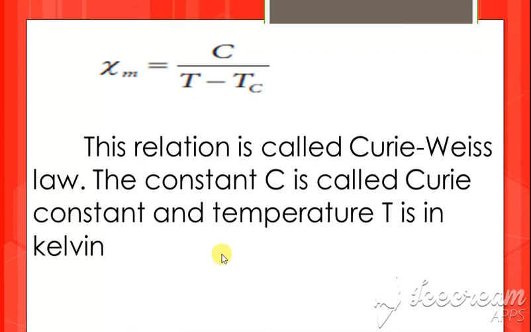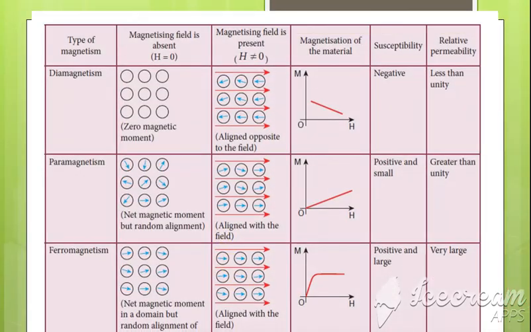Okay. Next we have the comparison of all this. So this is a comparison of diamagnet, paramagnet and ferromagnet. In the same way, this comparison also I'll send you as a PDF, so write that in your classwork and complete it. It will be easy for you when you're studying, if you are comparing and studying.